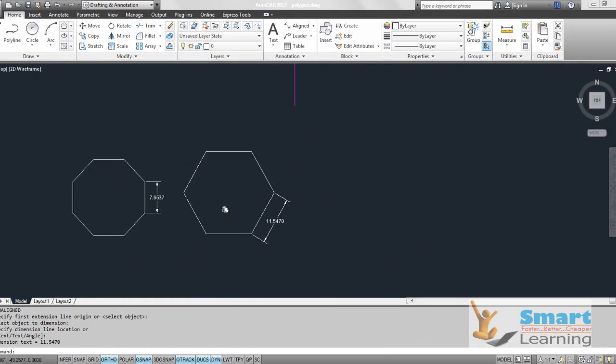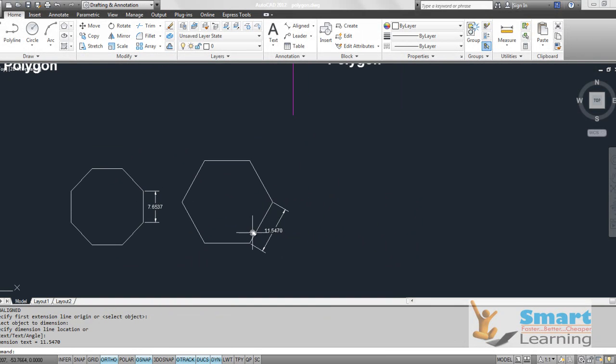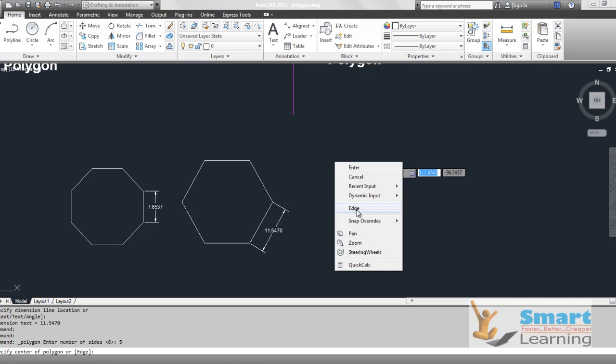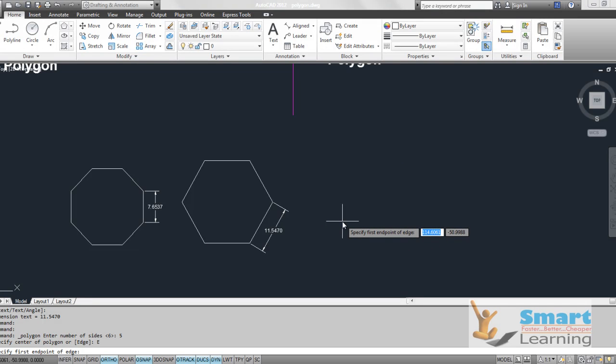Let us say I need to maintain a side length of 10 for this polygon. So you can go to the polygon command. You define the number of sides. Let us say 5. I am defining here the center point, but I am not defining through radius. So I will go to right click and go to the edge option, and you define the start point, then you define the end point.